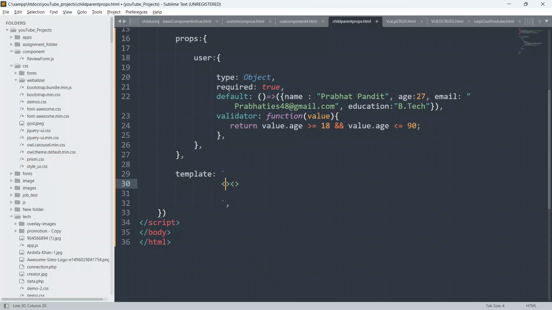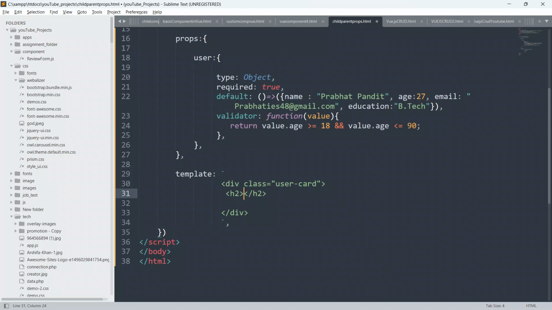Now inside the template, I'm going to define a div with the class user-card, and close this div first. Inside this div I'm going to define an h2 element first, and close this h2.